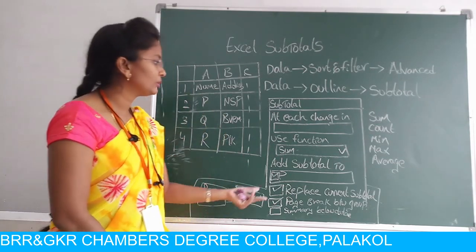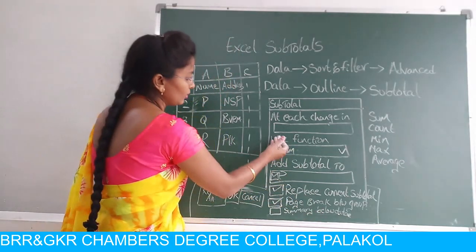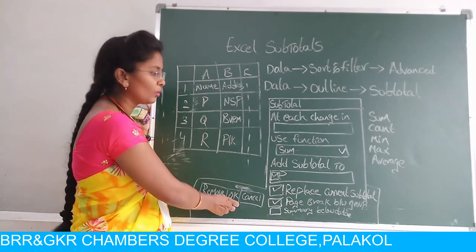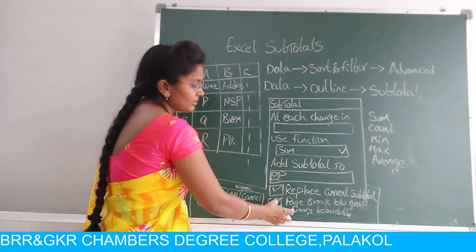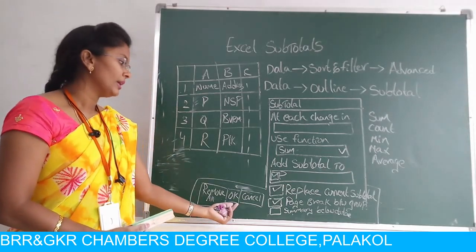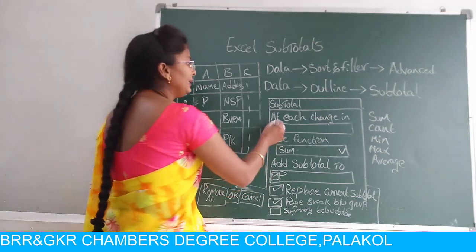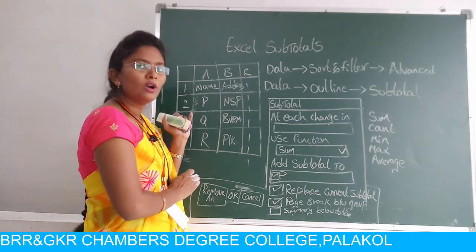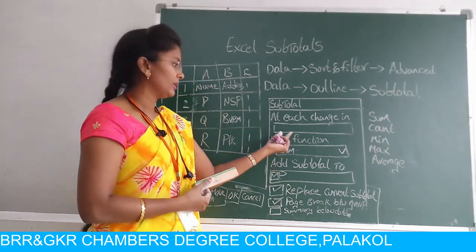If you want to change some options, click on these options like this and at last click on the OK button. If you don't want to remove and want to continue, check all these options, fill all these options and last click on the OK button. And the cancel button is to close the dialog box. Here, at each change in means if you want to change for each piece of data you are changing, that cell address has to be entered here.